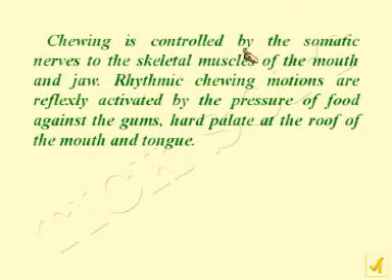Chewing is controlled by the somatic nerves to the skeletal muscles of the mouth and jaw. Rhythmic chewing motions are reflexively activated by the pressure of food against the gums, the hard palate at the roof of the mouth, and the tongue. So chewing is the first process. The rhythmic chewing motion is activated by the